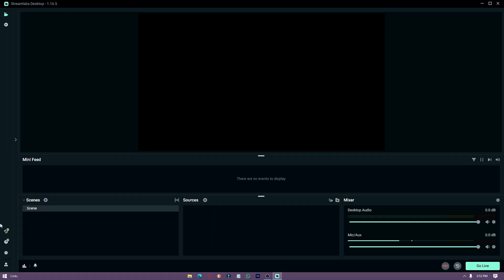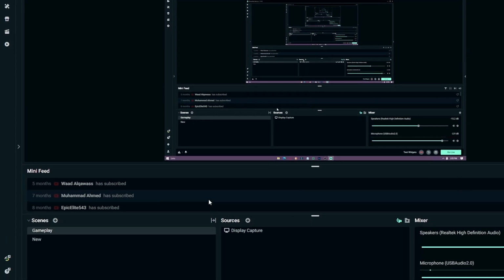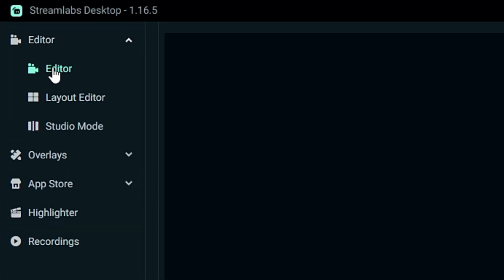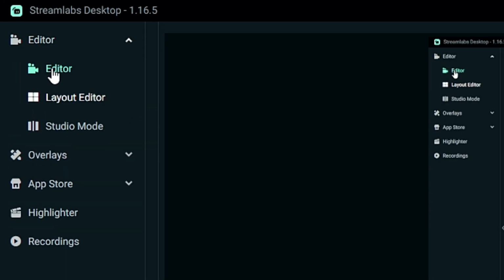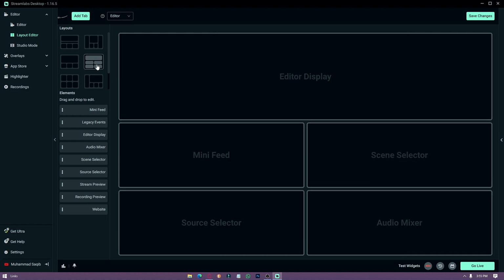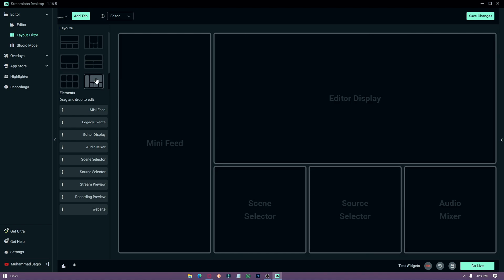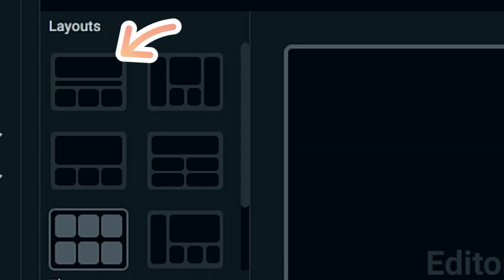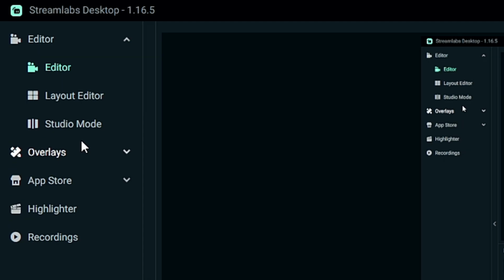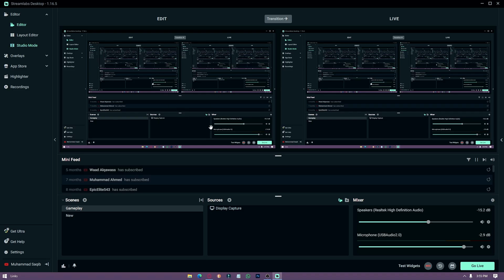Now this is your home page of Streamlabs desktop. Let's start with the left side options. Click this arrow pointing right. Let's begin with the Editor tab. In the Editor tab, there are two options given. Number 1, Layout Editor. Here you can edit the layout of Streamlabs. There are plenty of different layouts given in the Layout Editor tab. I use the default layout, but you can choose a different one if you want to. You can also add other options from here into your layout. Number 2, Studio Mode. If you're live and you want to add a new scene, you can use Studio Mode